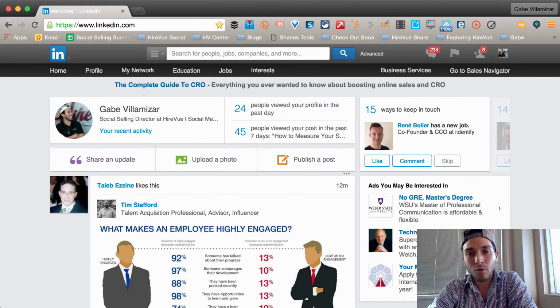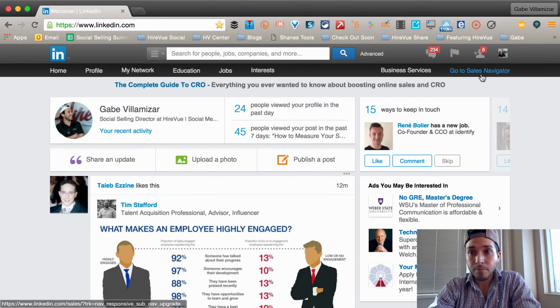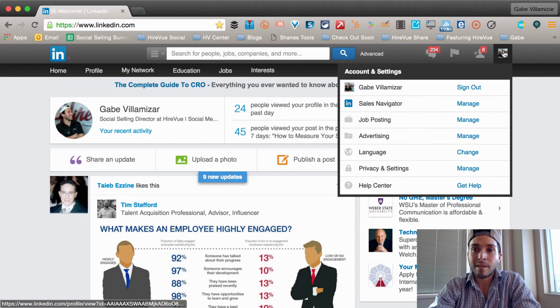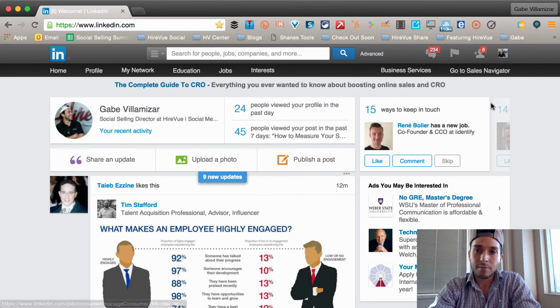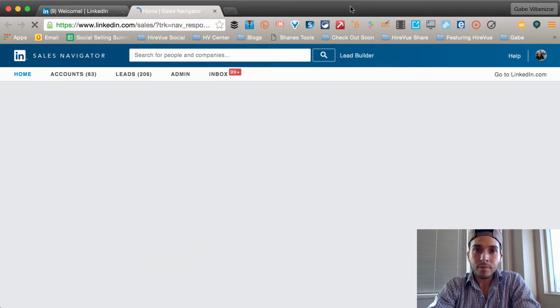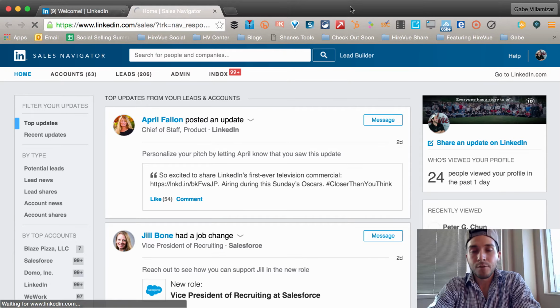Log on to your LinkedIn profile, and you obviously need to have a LinkedIn Sales Navigator license to actually get something out of these tips. Once you log into your LinkedIn profile, on the top right where it says go to LinkedIn Sales Navigator here, or on the drop down box, you can click on Sales Navigator. Once you click on that, I'm going to show you 2 ways how you can find